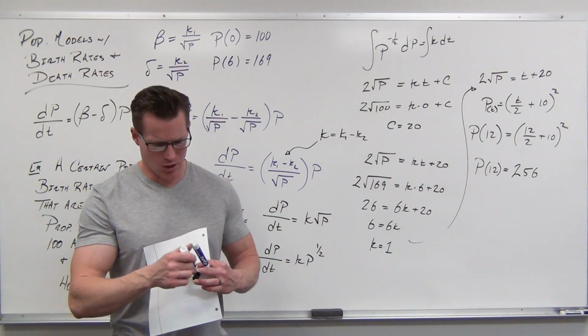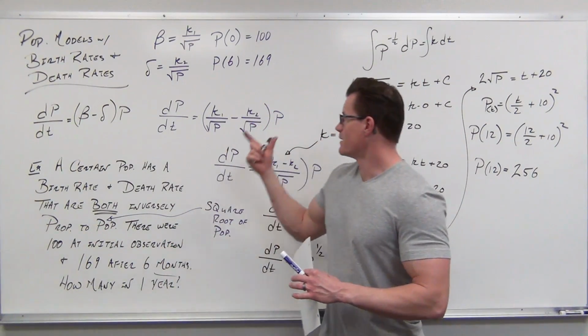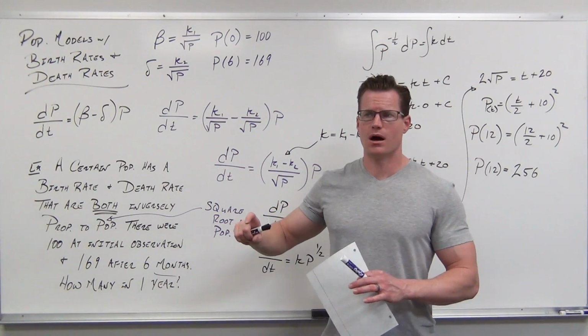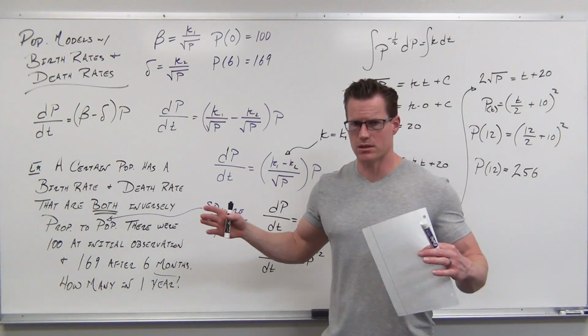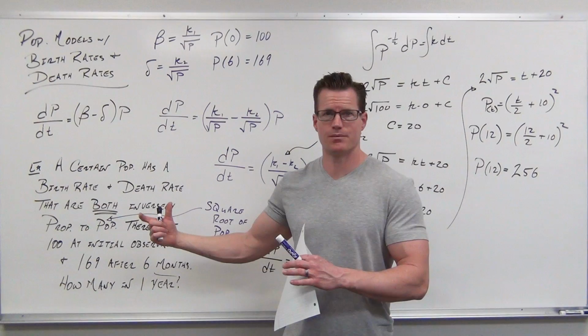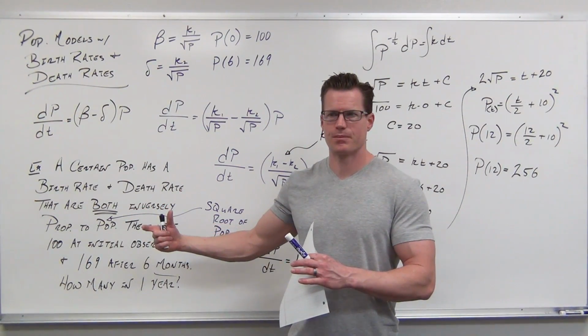Man, I hope that makes sense. I hope you're seeing the interplay between birth rates and death rates, that if you have two constants of variation, they are different. Otherwise, your population won't change. It generally won't change if you're based on the same way you're varying with the population. So could they be different